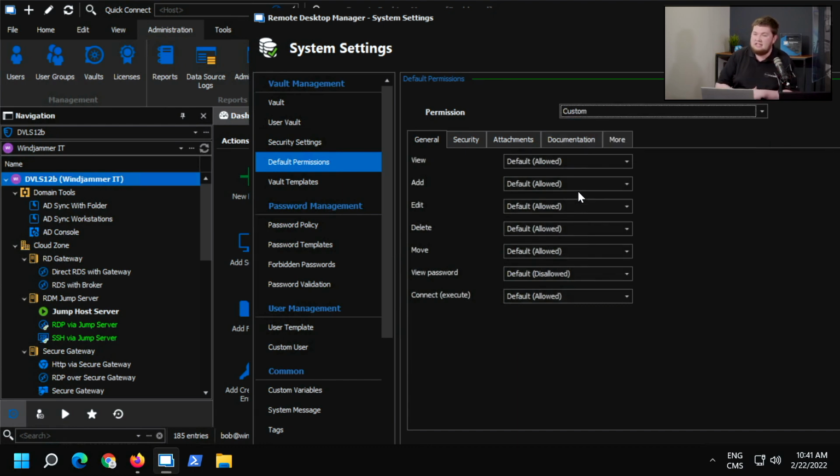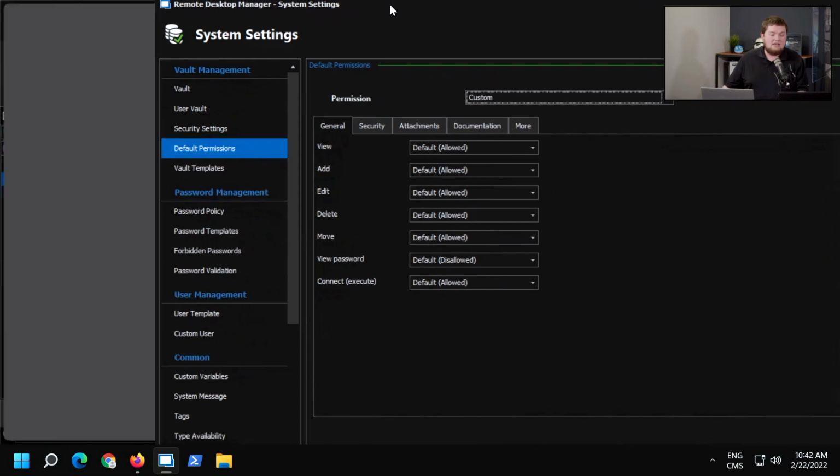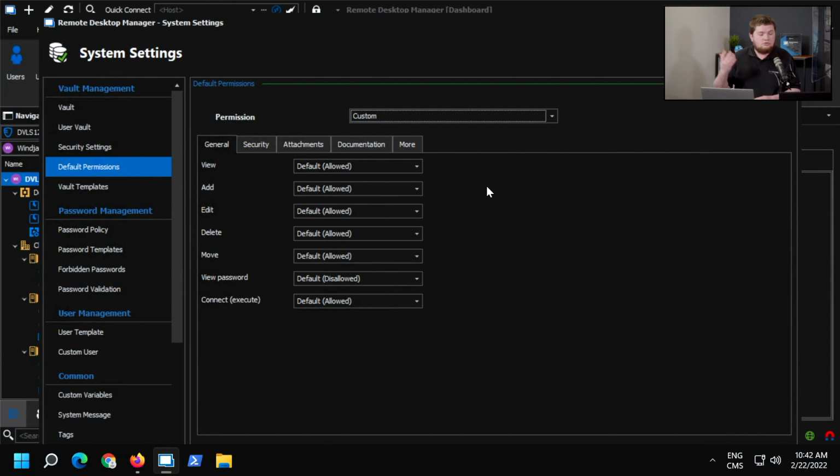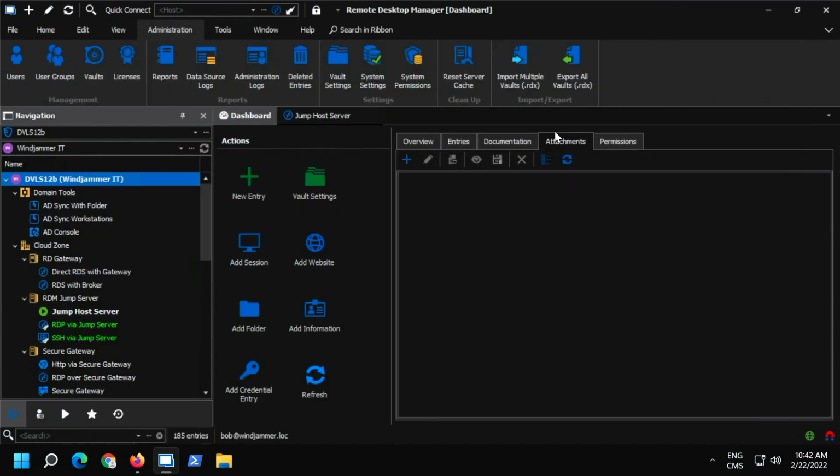Custom, you get to set permissions here to your liking within Remote Desktop Manager, and as needed within the Vault. So you just change what is default. As you can see, default here for these permissions. Password is always disallowed for standard users, but the rest is controlled granularly. You have the keys to the kingdom, and you essentially choose which is the default and which isn't. So that you can set that from there within system settings. So that completes our what's new of